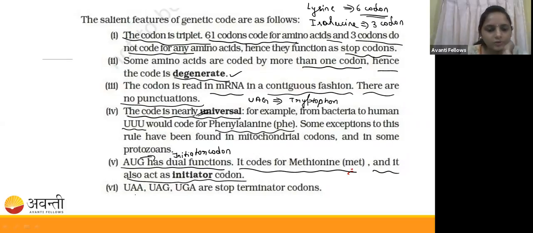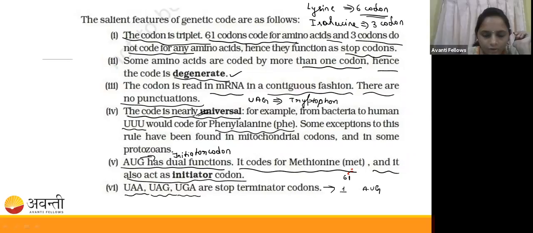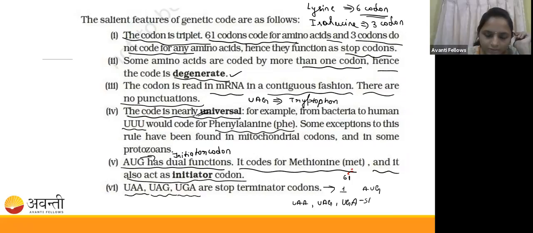Okay guys, I have told you there are three stop codons present: UAA, UAG, UGA. These three are the stop codons present in the genetic code. Out of 64, except these, 61 code for amino acids. One is the initiator, AUG, that codes for methionine. Whenever during the elongation the ribosome encounters these codons in the mRNA, the translation is going to stop there. Okay, guys, if you have any confusion in this genetic code, you can ask me.